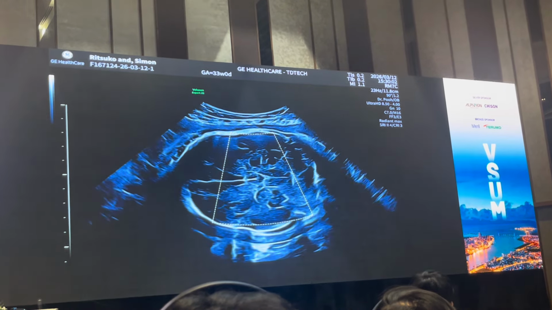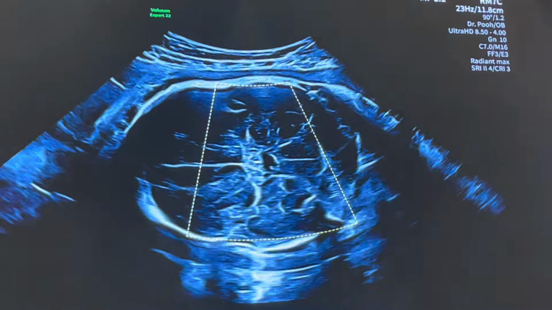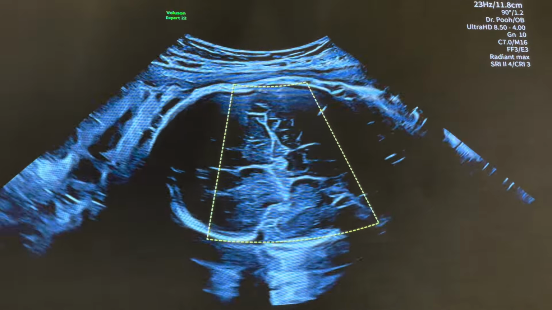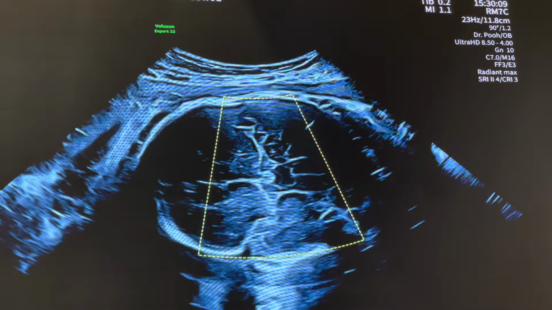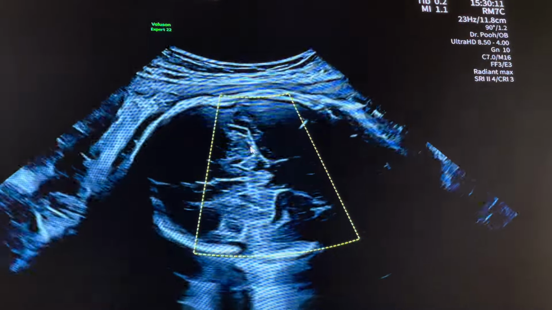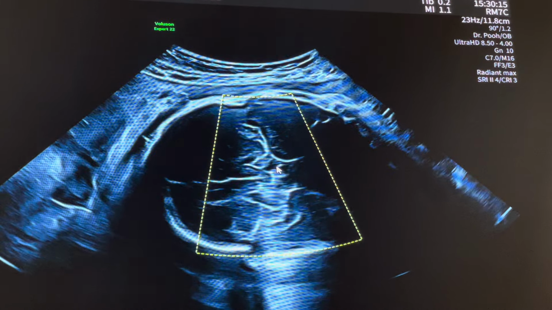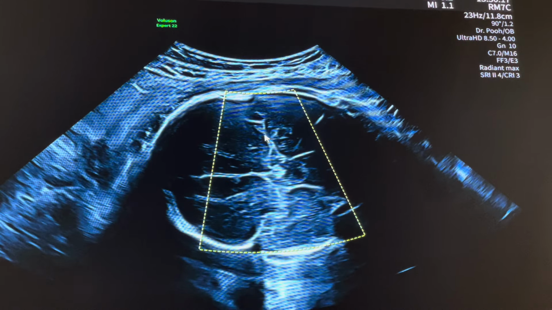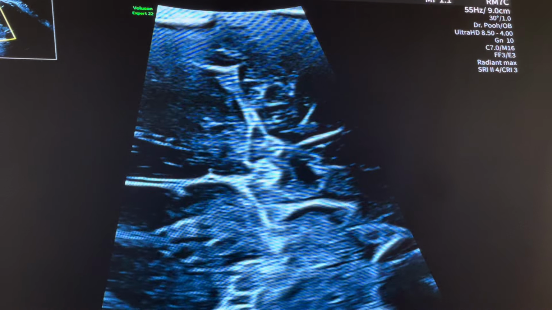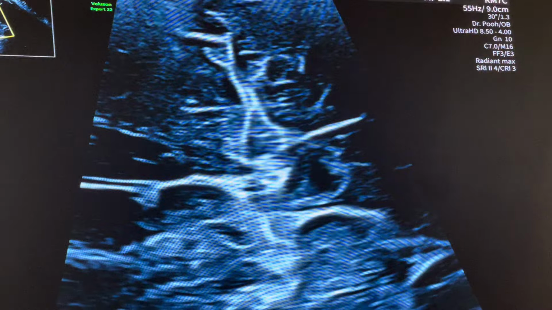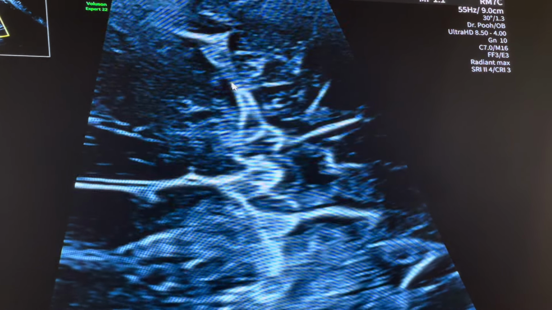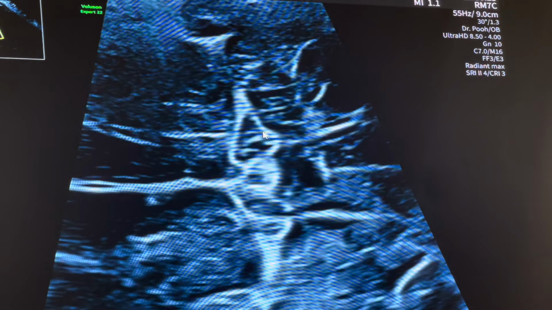I go down to the base of the skull, the transcerebellum, and then I go right to the very base of the skull. And I look at this point here, which is the petrous part of the temporal bone, which is like a tram track, and I see the pulsation of the middle cerebral artery. And then I zoom, and I see the middle cerebral artery coming out here, and I have in here pulsating